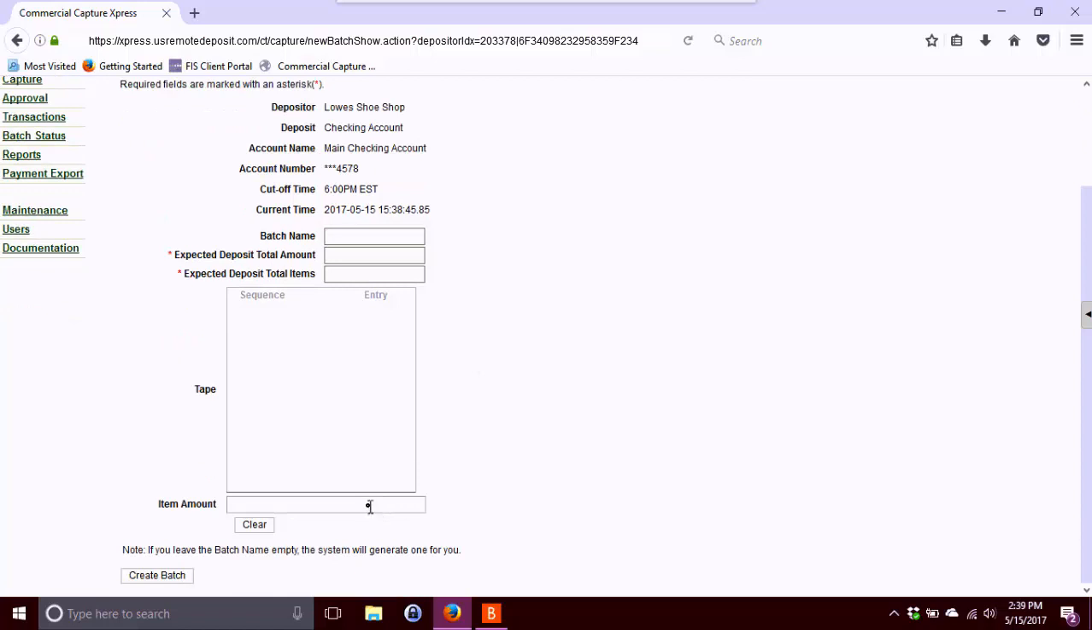But to do that, what we're going to do is enter in the amount of the check. So the check that I have is for $100, so we're going to enter in that amount and then press the enter key to add it to the tape. Then you'll notice that the expected deposit total amount and the expected deposit total items has updated to reflect that